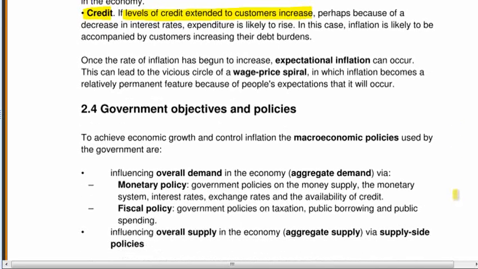Now the problem with this is inflation does tend to spiral. Okay, and what we get is this thing called a wage price spiral. So workers see prices in the shops going up, they ask for increased wages to compensate for that. And if they ask for increased wages, firms' costs go up, so they put their prices up again. Workers see the prices going up in the shops, so they ask for even higher wages, and so on. So we get this thing called a wage price spiral, and if you're not careful, that can become hyperinflation. So inflation which is out of control in the economy.